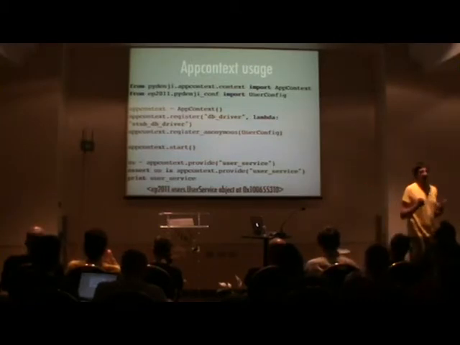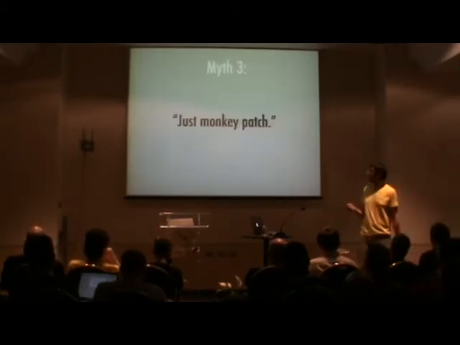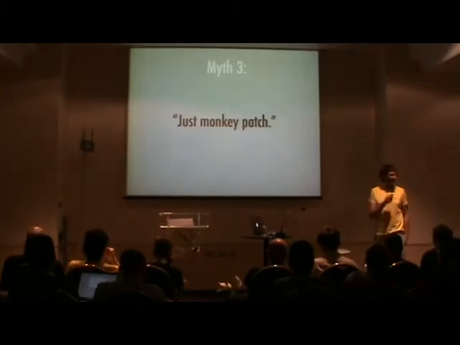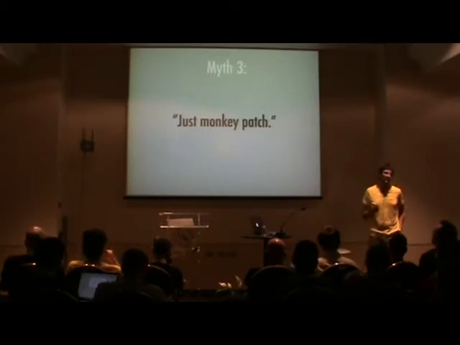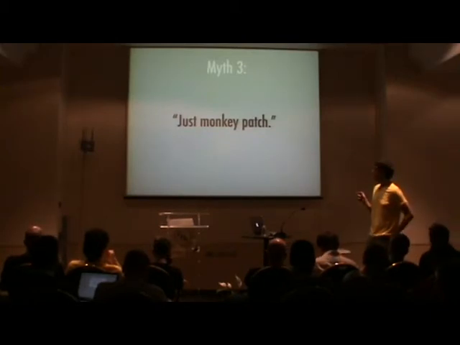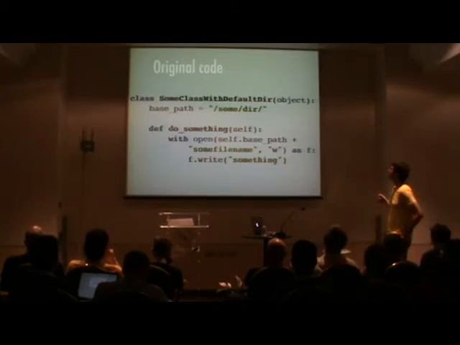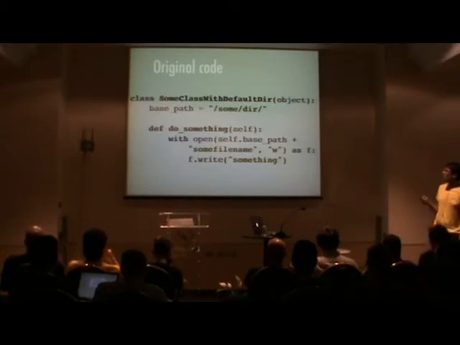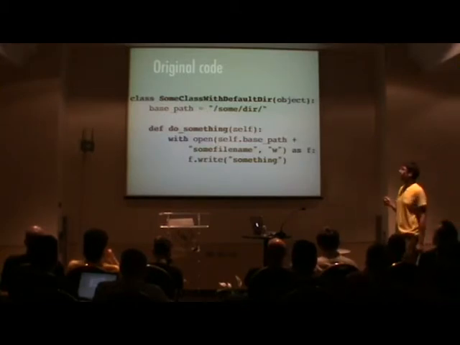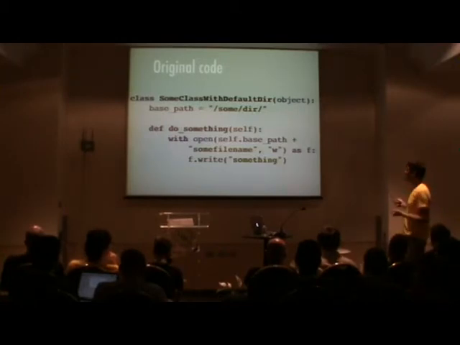The third myth about dependency injection is that you don't need it because you can just monkey patch. I think that Alex already told you about this. There are some serious issues with monkey patching. Let's consider a literal example from a problem I had, written up in the blog. So, this is your code. You need to open something in your path. But since you are doing a unit test, you don't want to touch the disk because it's considered bad practice. So, what you do,